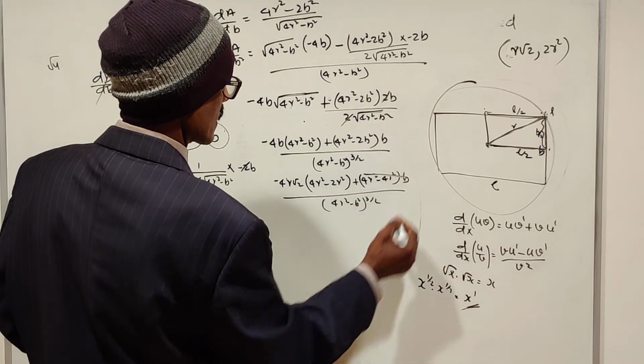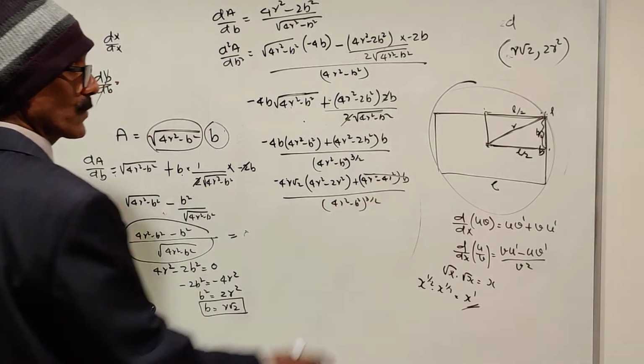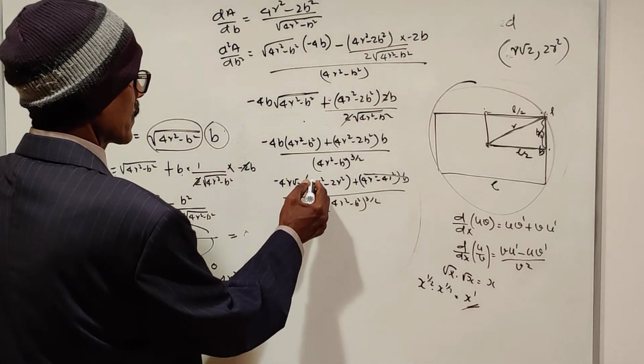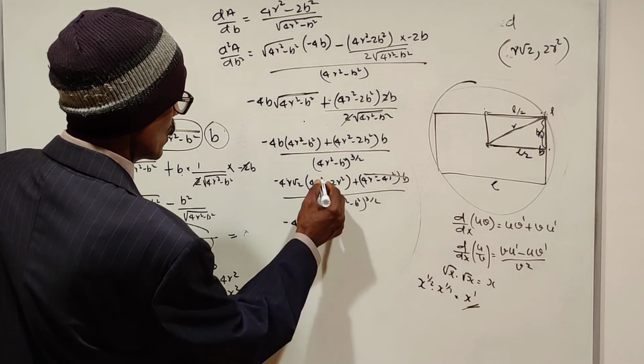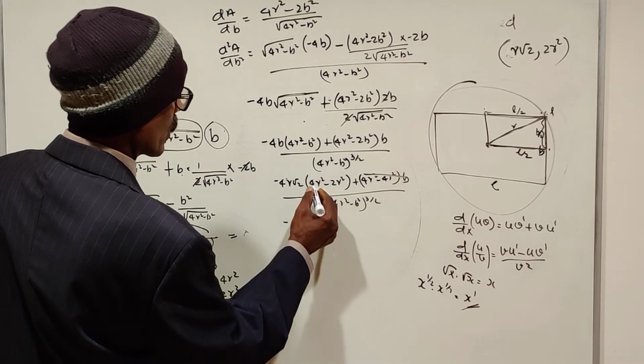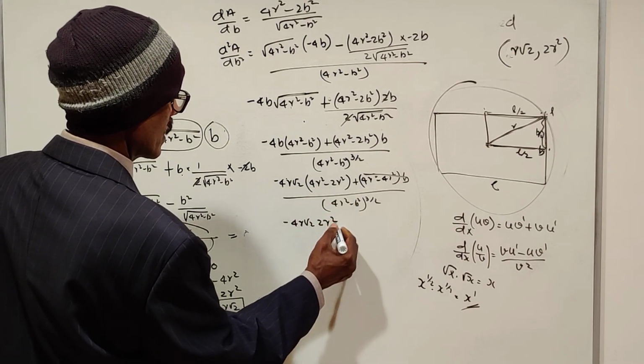This term cancels out because 4R square minus 4R square is 0. So here, minus 4R root 2 into 2R square, divided by